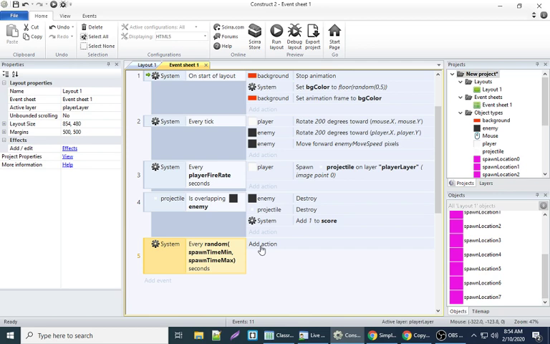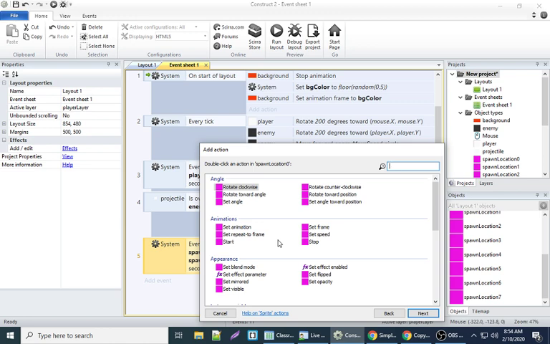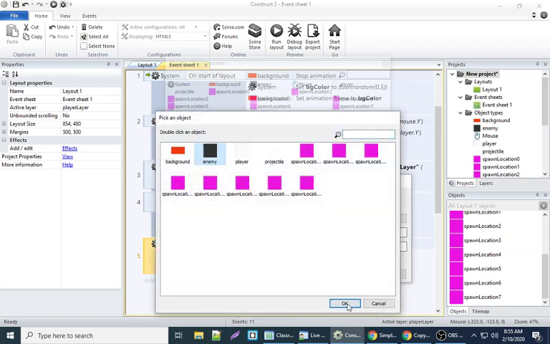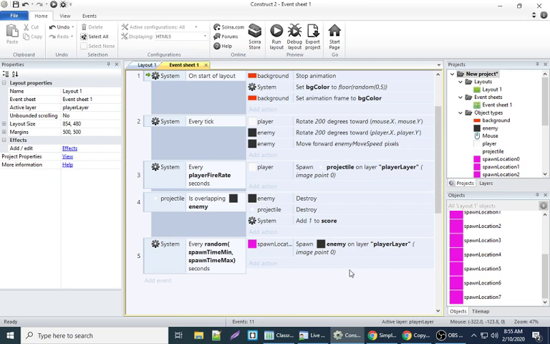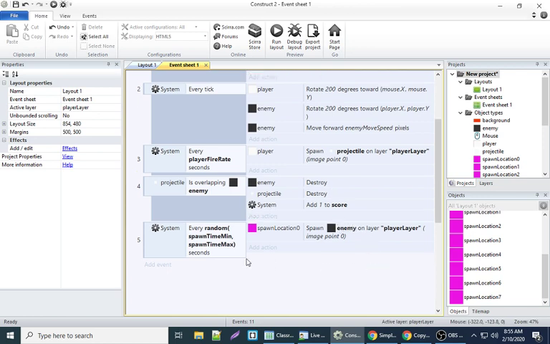And what we'll do is we'll add an action to spawn location 0. And what we'll do is we'll do spawn another object on the player layer. And we're going to spawn an enemy. Okay. So now spawn location 0 is spawning an enemy on the player layer randomly. So it's only going to be coming from spawn location 0, which is my upper left. But what we can do is we could copy this action